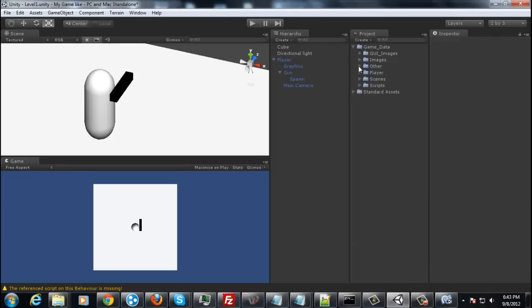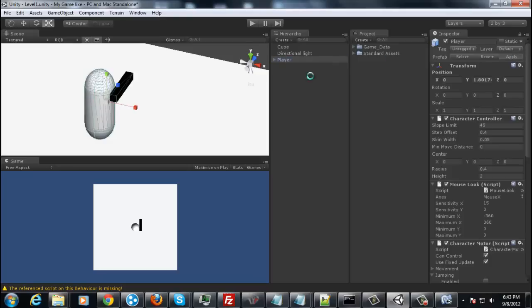Okay, so that should be it for this tutorial. We'll supply our character there. Okay, well, it's doing whatever Unity's doing. Oh, it's done now, but